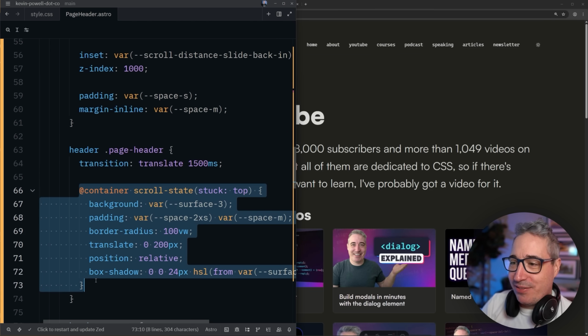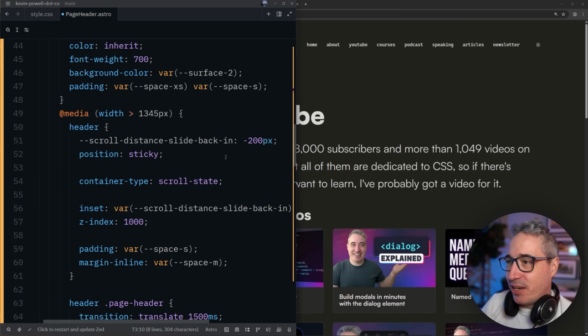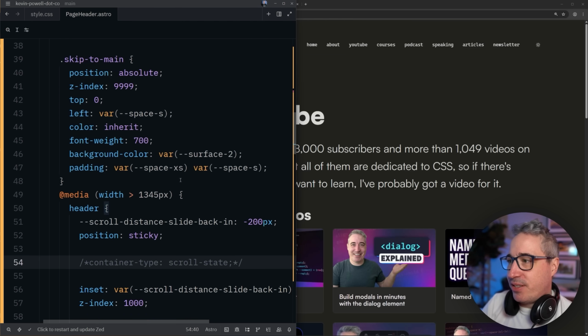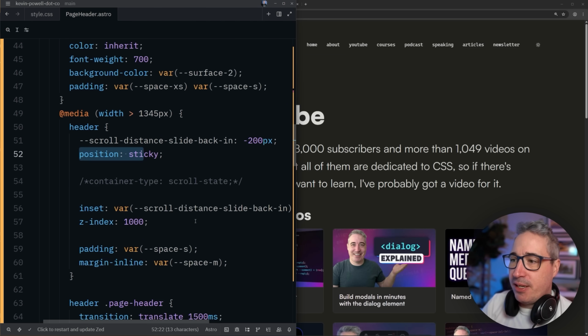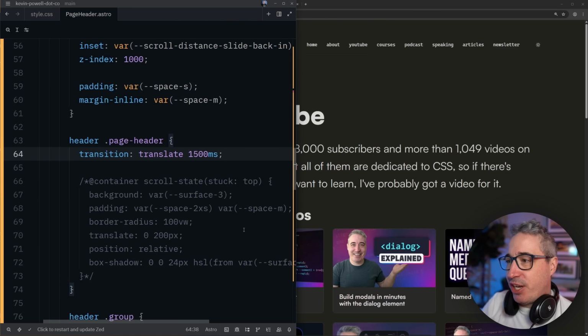So I'm going to probably leave this as the final implementation, but let's just see if we can get it working. I have done a more detailed video on this, so I'll probably link it in the description, but say we said, so the container type we wouldn't need either. And this would all actually stay the same. We want it to be a position sticky, and then we want it to go 200 off the top. And then the page header,